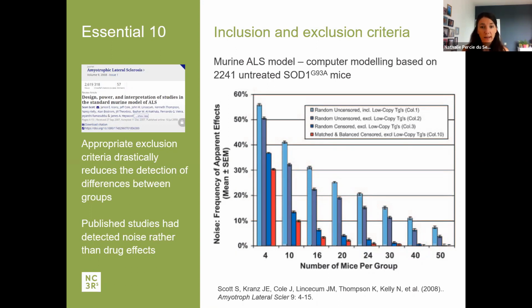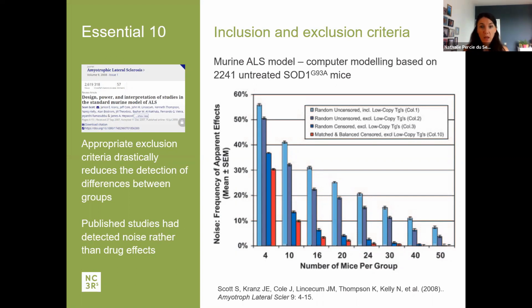So the researchers analyzed the historical database of animals that had been used as controls in efficacy studies to investigate the reason for this discrepancy. The data set was quite noisy, there's lots of variation between animals, and they used computer modeling to explore this variation and identify what variables caused it. So they sampled animals at random and assigned them to groups. And by chance, they obtained differences in survival times between the groups, even though none of the animals had received